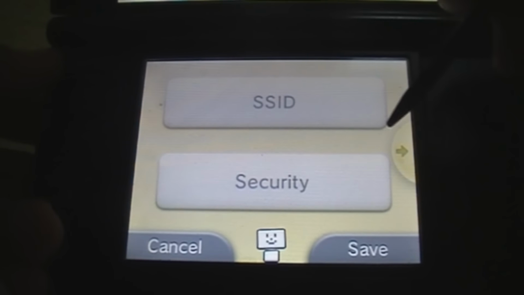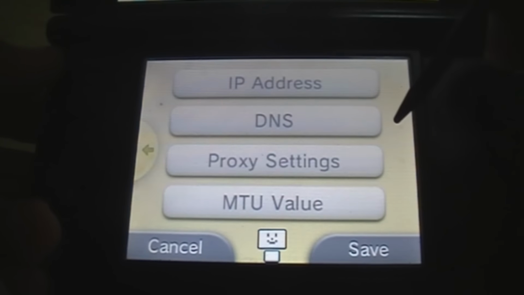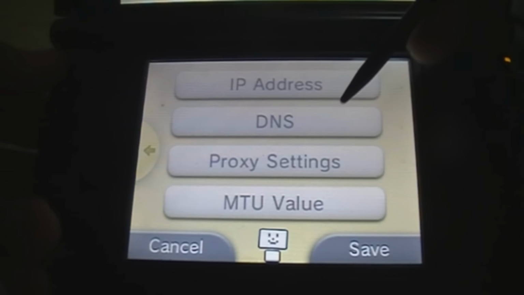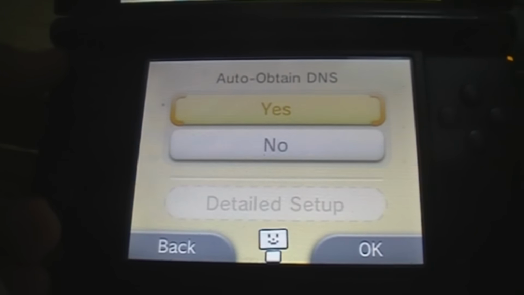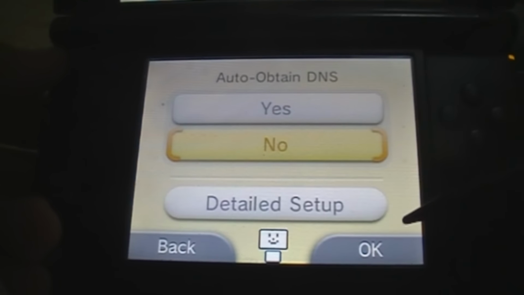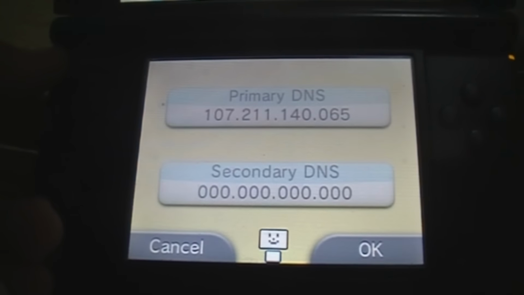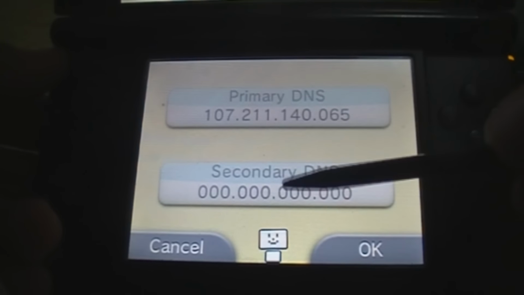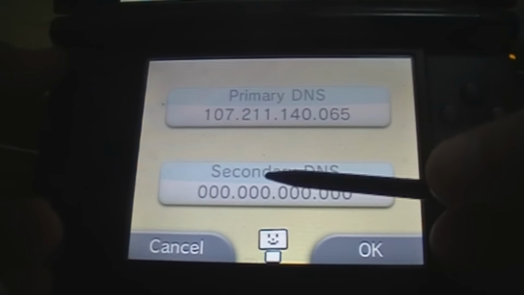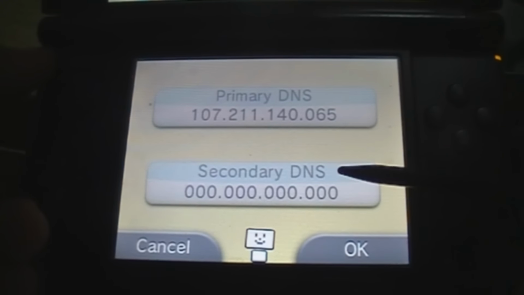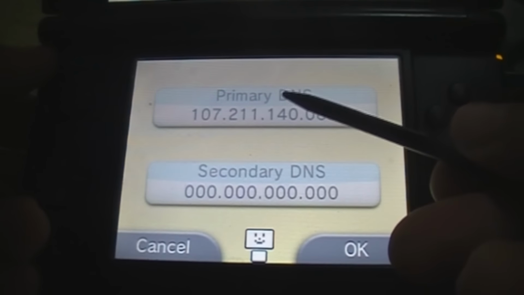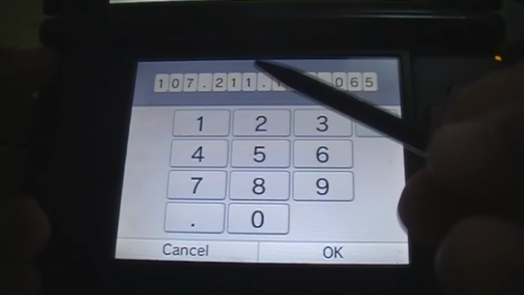After that, you must go to the second page. And then, click on DNS. Once you click there, it will be like this, set as yes. You have to change it to no, and then you have to click Detailed Setup. The first time you come here, your primary DNS is going to be just like the secondary DNS, with everything filled up as zeros. You will have to change this number from the primary DNS to the number I'm showing here,